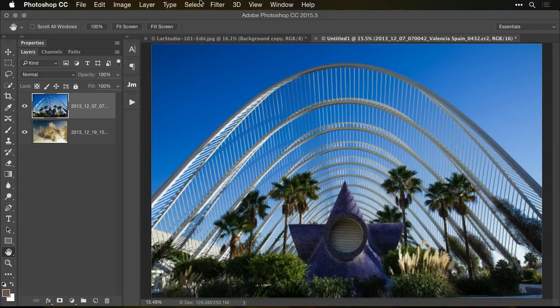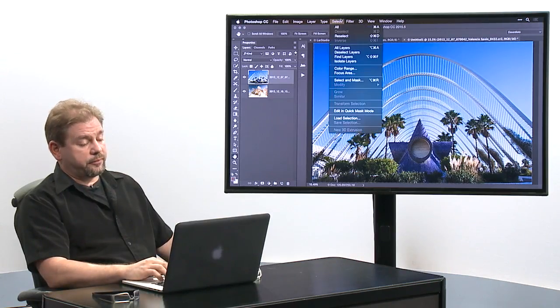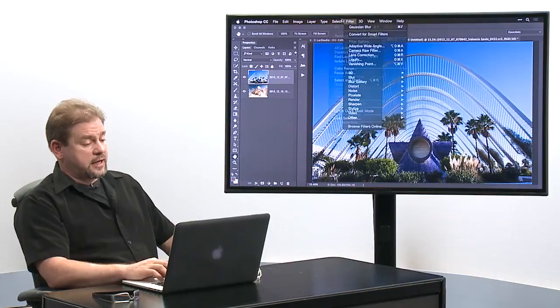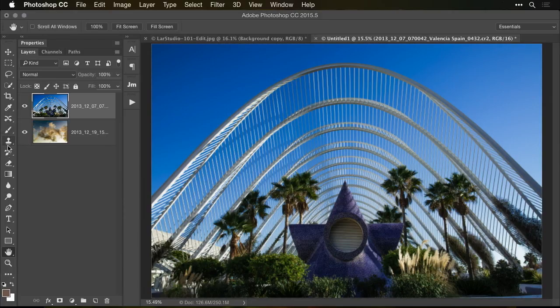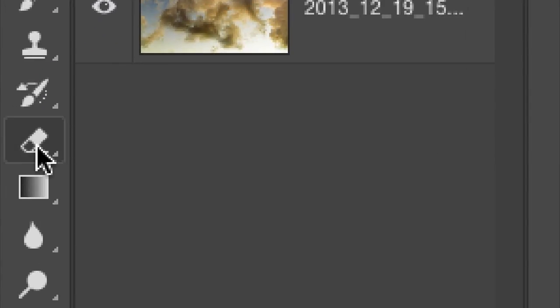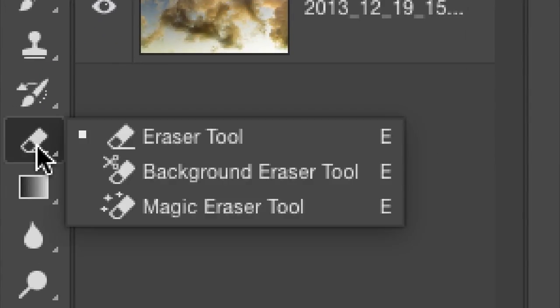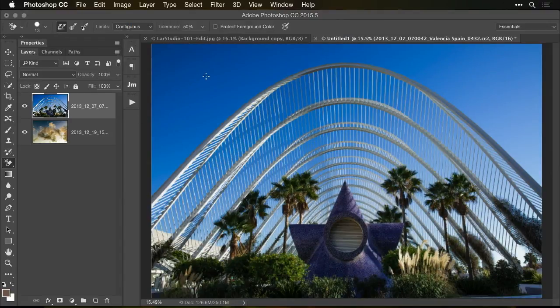I used to use, with trees, something called the background eraser, which is a really old tool. And it did okay, but this now does a lot better. And therefore, I've grown to kind of abandon the background eraser with trees in really complex stuff. In case you're not used to the background eraser, if you want to know what it does, if you go to the eraser tool, which is this tool here, you click and hold on it. There's more than one. In the background eraser, what you get is a brush with a little crosshair